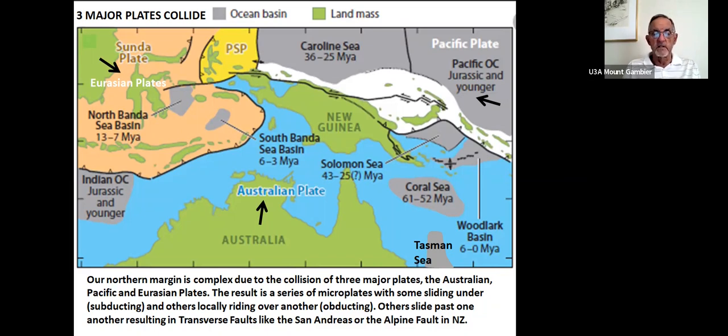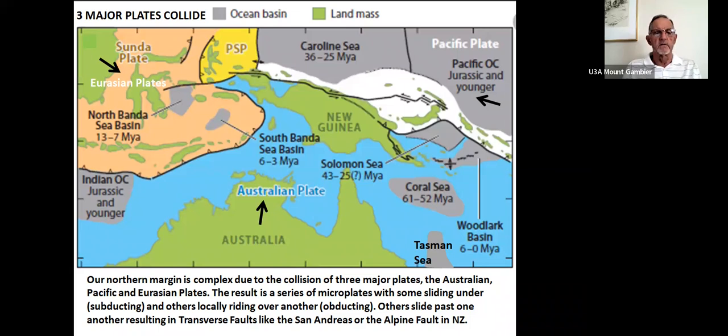Solomon Sea a little more recently, something like 30 million years ago. And more basins are subsiding in the region of the Banda Arc currently, and also in the North Banda Sea Basin between 7 and 13 million years ago, relatively recent,